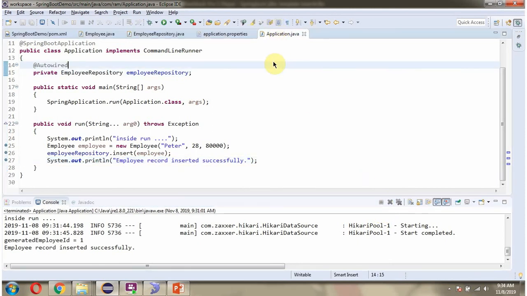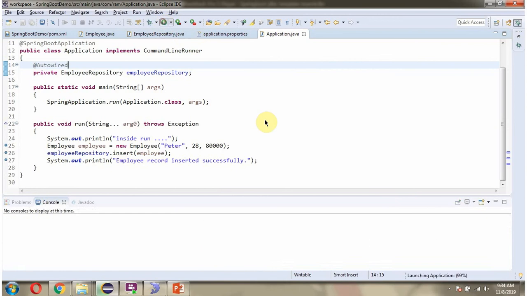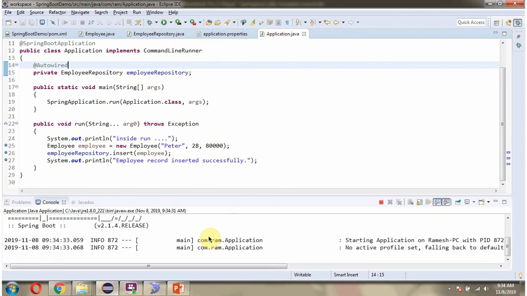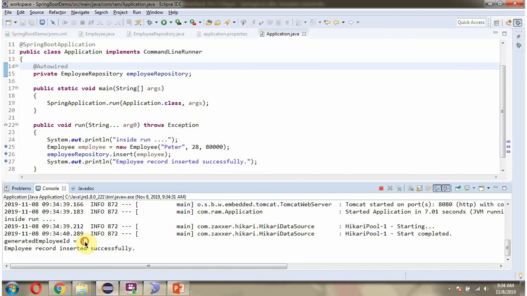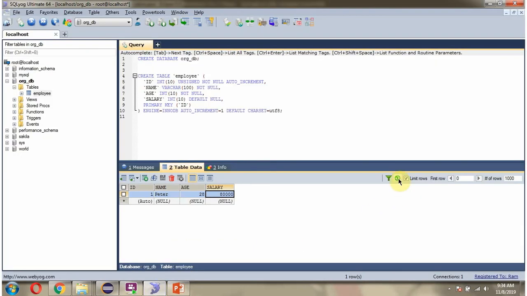I am running this application one more time. And here you can see one more record is inserted successfully, and the generated primary key is 2. Refresh, and here you can see